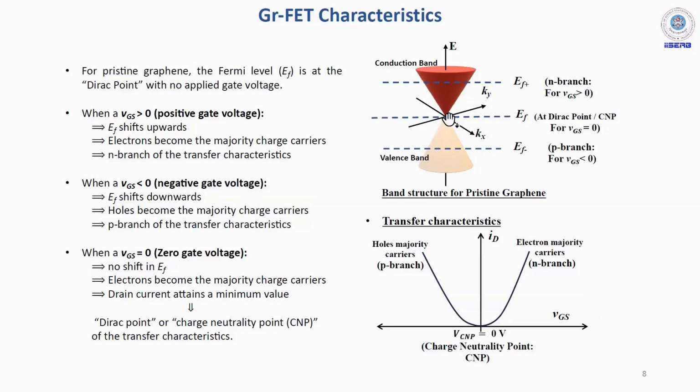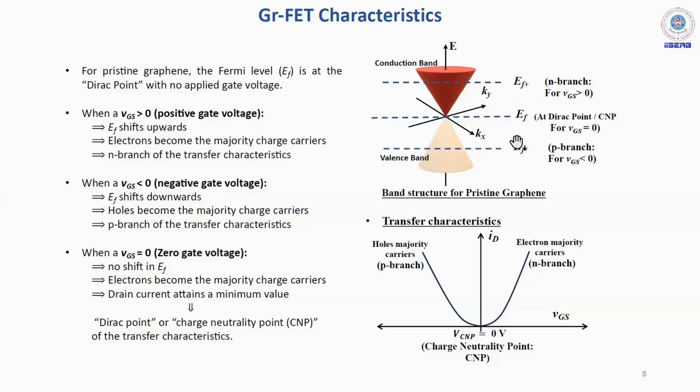We call it the Dirac point. Also, this point is known as the charge neutrality point. And then if you apply a VGS value, that is gate voltage, which is greater than 0, then the Fermi level, which is at the Dirac point, will shift upwards. If VGS is less than 0, then the Fermi level will move downwards towards the valence band, given that this energy